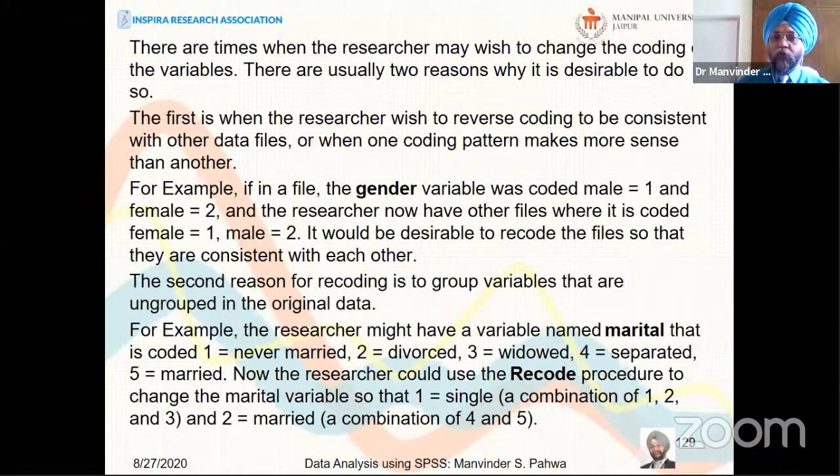Now why is it needed? There are times when researchers may wish to change the coding of variables. Suppose there is a huge research where 4 researchers have taken 4 sections of the country, east, west, north and south, and each has collected data from 2000 respondents. Now they want to merge the files. The researcher in the east has considered 1 as male and 2 as female, and the researcher in the west has considered 1 as female and 2 as male. If they merge the file and apply a test, there will be a problem,